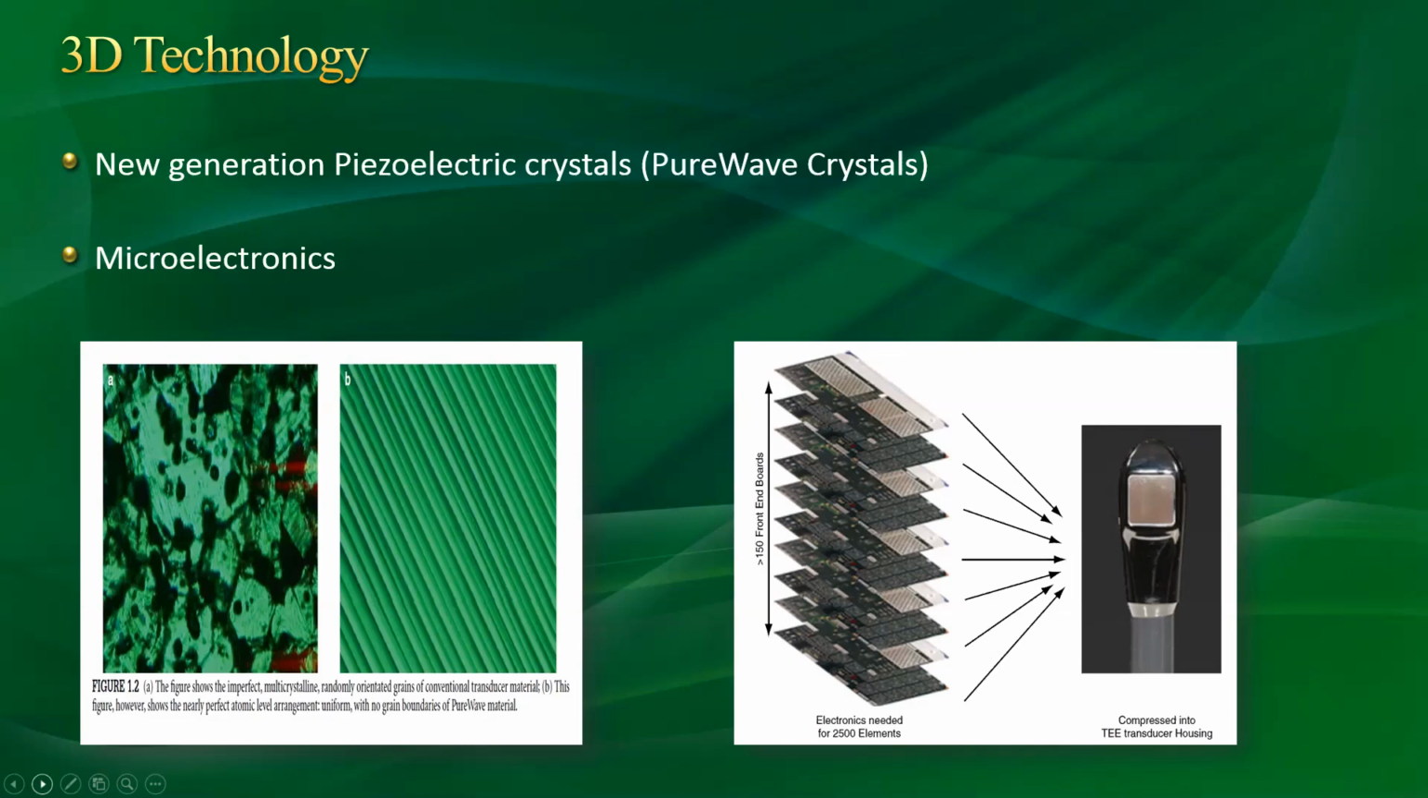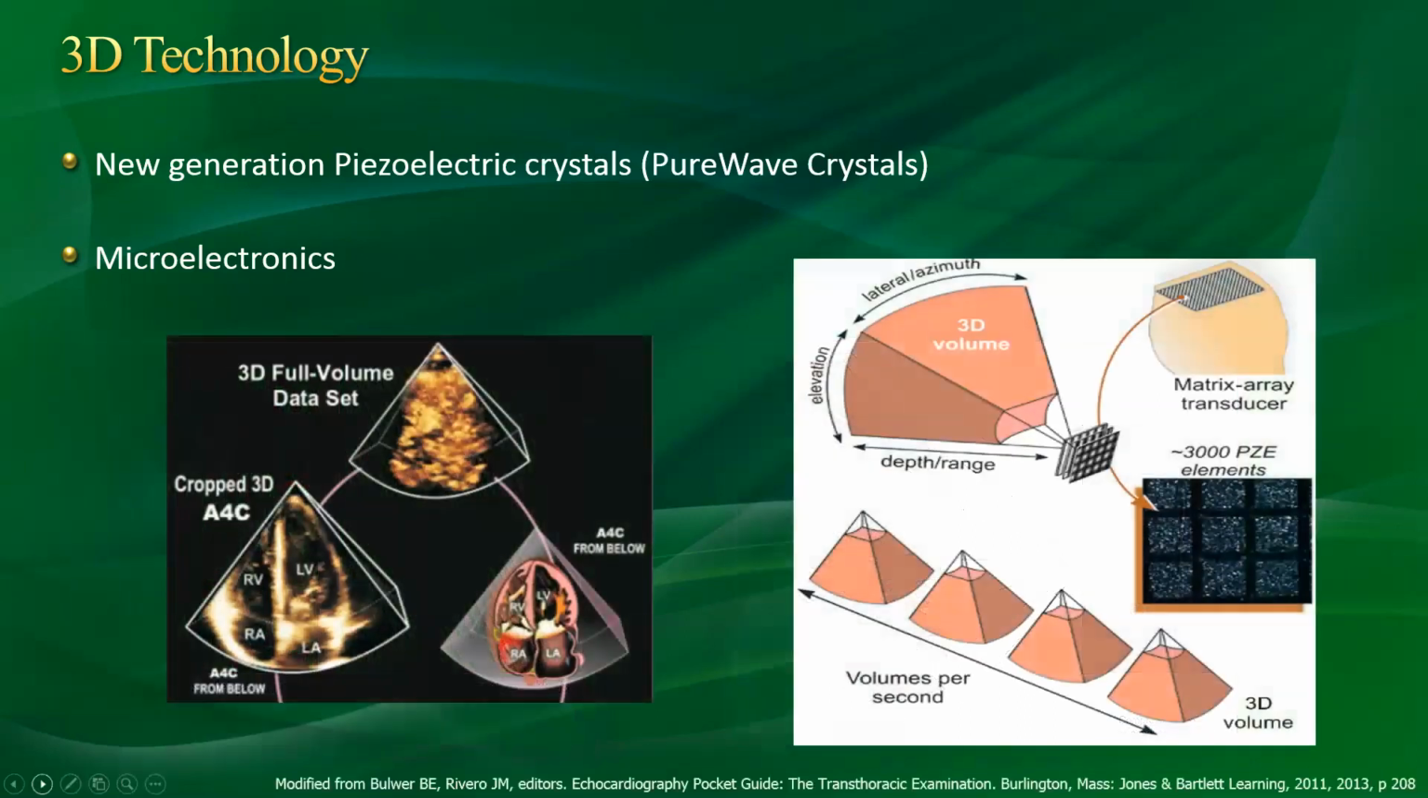And by putting these crystals on those microelectrons, we developed what we call the matrix array ultrasound. The matrix array ultrasound is an important milestone in the history of 3D echocardiography. So this is how the matrix array ultrasound looks like. The operating frequency is between 2 to 4 megahertz for transthoracic, and between 5 and 7 megahertz for the transesophageal